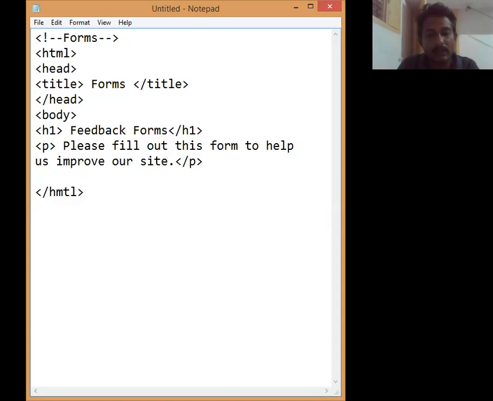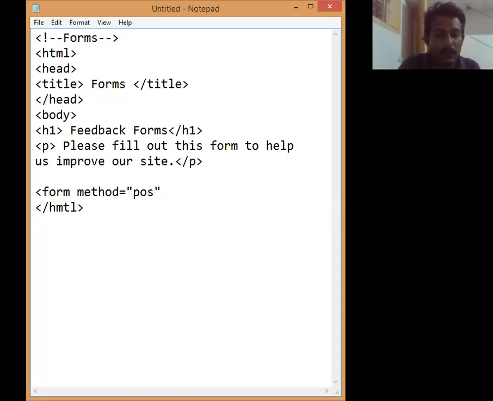Here we are going to create the form tag. Form is the name of the tag, and we have an attribute called method. Form is the tag name and method is the attribute name. Method equals, within quotes, either get or post. There is a difference between get and post.